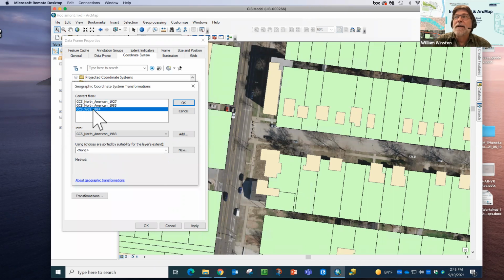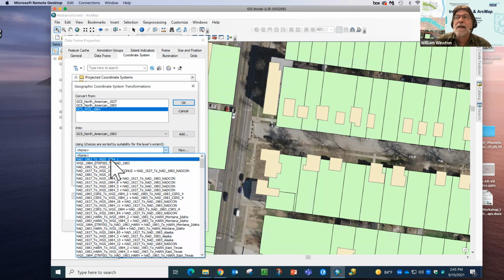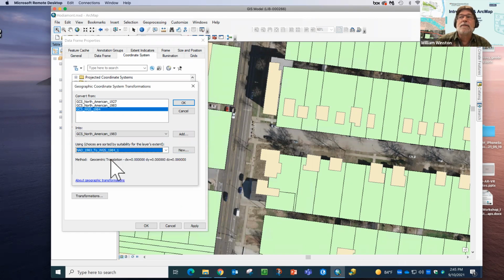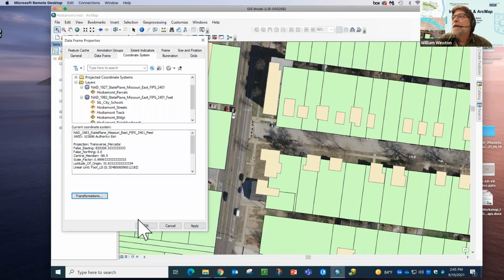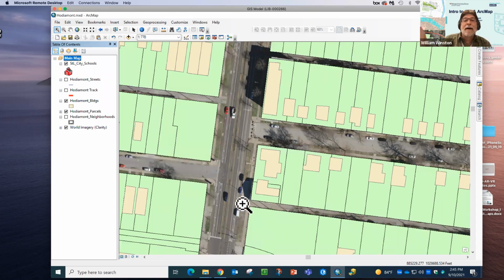And then I also want to click down here on GCS WGS 1984, and I'm going to make this selection here to do that transformation. So I'm doing transformations between 1927 and 1983, and this 1984 and 1983. I'm bringing them all into agreement. Once you've made those settings, you can click OK, and then you can click OK to apply them. And now you may not have noticed on the screen, but the parcel layer has shifted, and it more exactly agrees with the